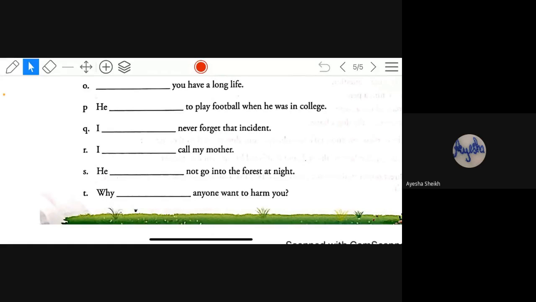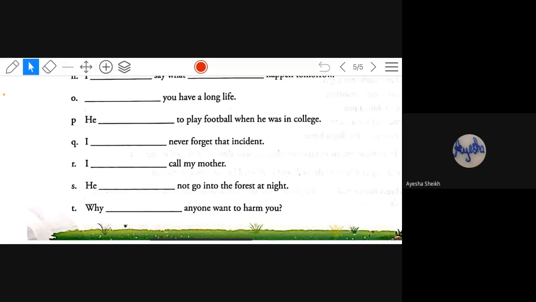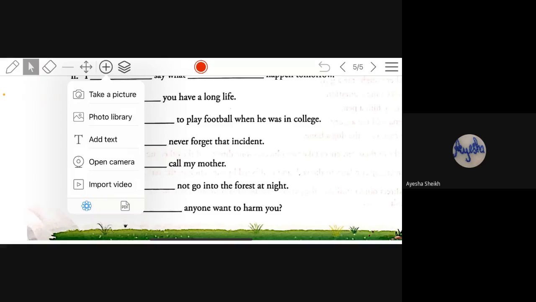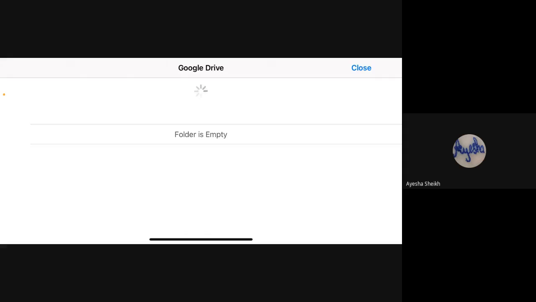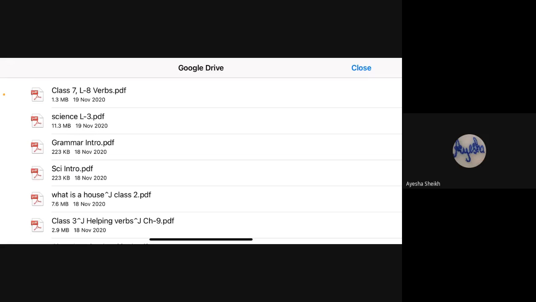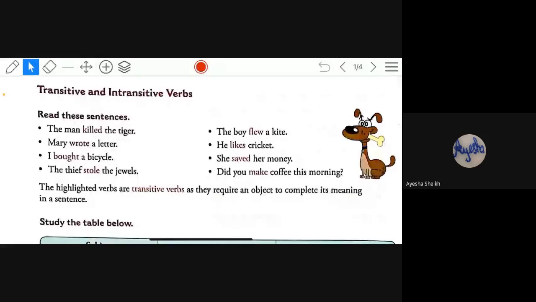Now we shall continue because this is what we had left in between. It was on maybe 5th or 6th of October. If you want to revise, you can watch the video. The link will be there in your group. So it was on that date that we had learned this. Now we'll continue. The next page, those who have the textbook can open it to page 40. Others can just look on the screen.